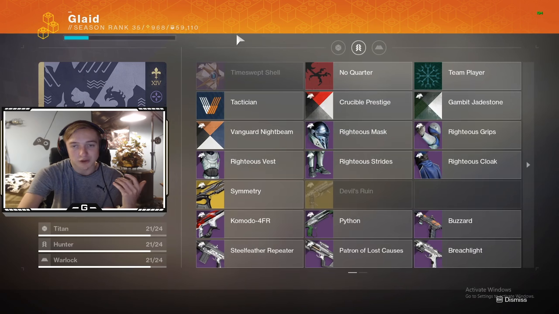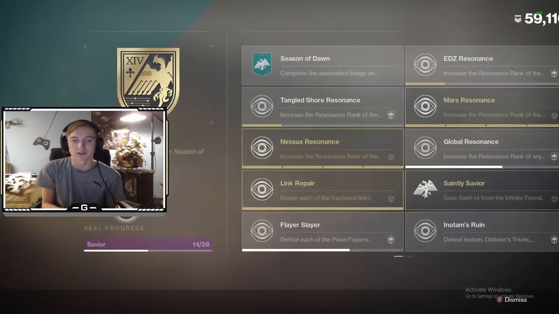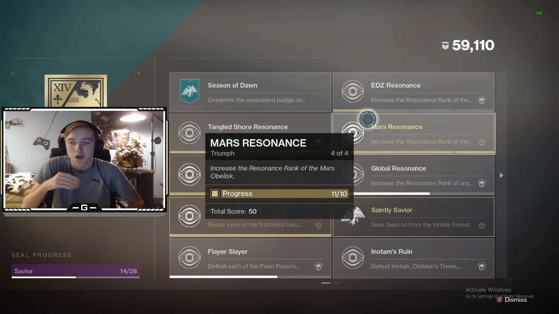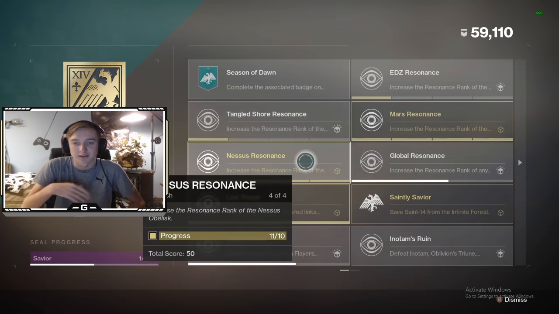And last but not least, the Ghost, which we're going to actually transition into with the seal, because the Ghost goes along with these first 5 triumphs. So, you know how I said for the starting guns in the collections page, they're connected to the obelisks? Well, basically, you'll get this minor Fracking Harvest by doing activities or leveling up like your season pass or completing triumphs during Season of Dawn, and you can use this material to upgrade your obelisks in EDZ, Mars, Tangled Shore,